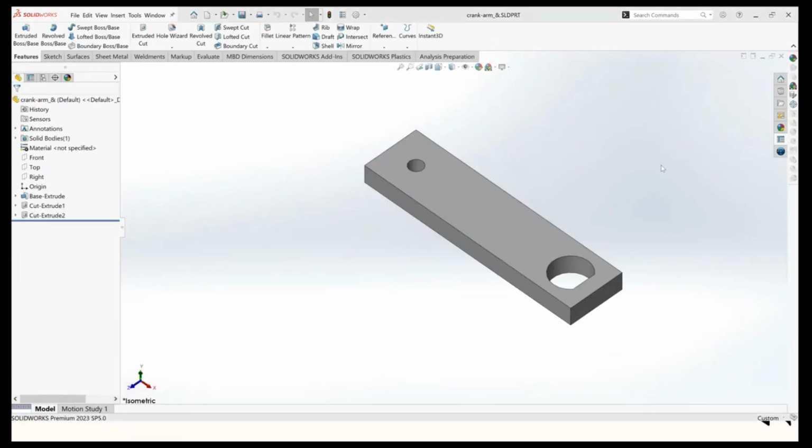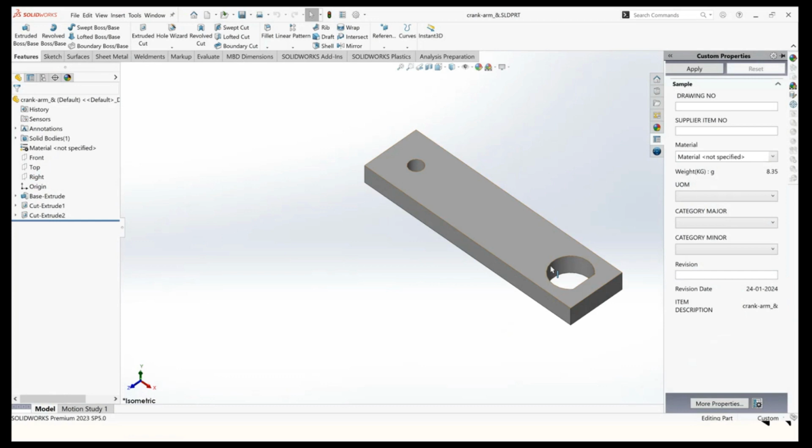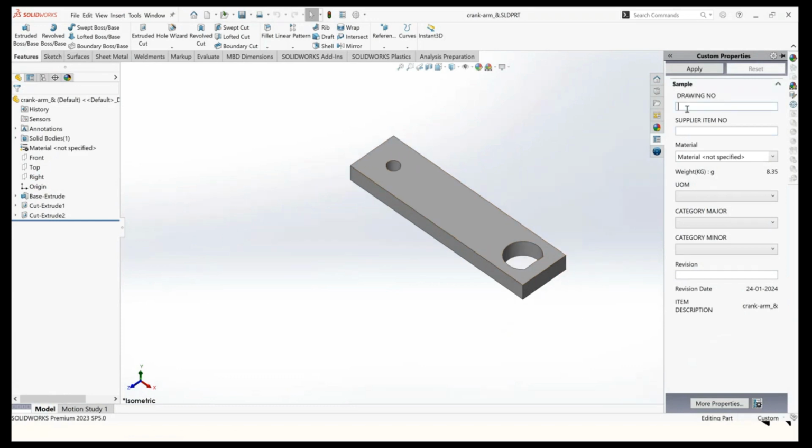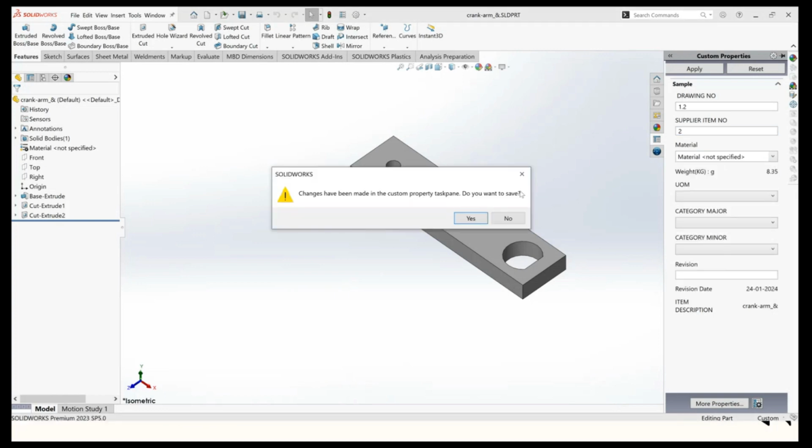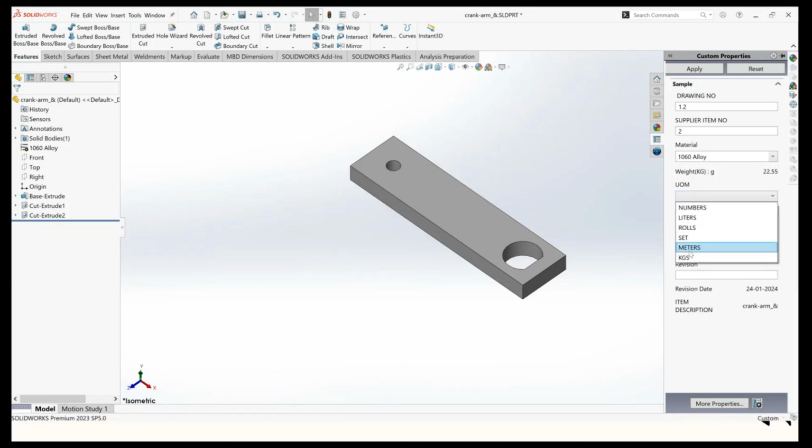Open that part, and from the task pane I am having custom properties, and from here I am giving the inputs. Simply let me give the drawing number as 1.2 as it is in one of the subassemblies. Supplier item number 2, and let me give the material as 1060 alloy, unit of measure in kgs, major category as whatever we select, related to that only the minor category will be coming. I have given this minor category as manufacturing and revision as A1, and then I'll click